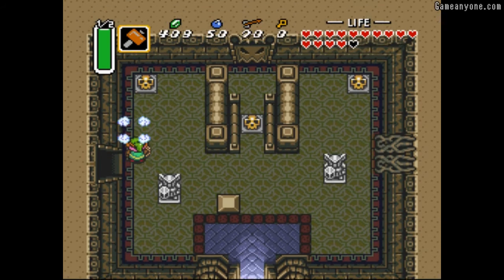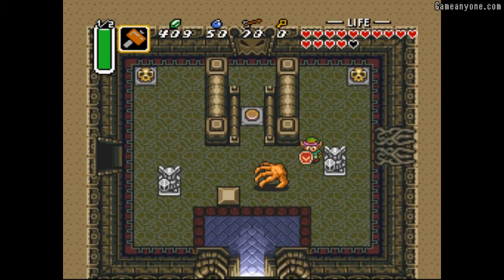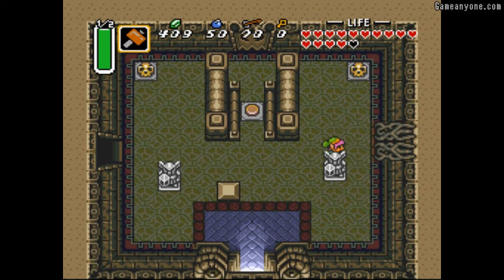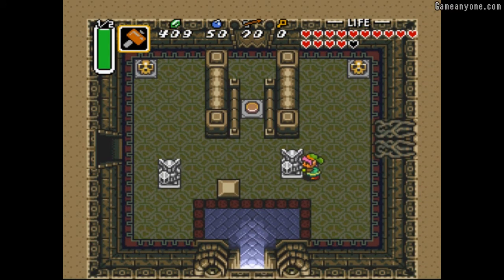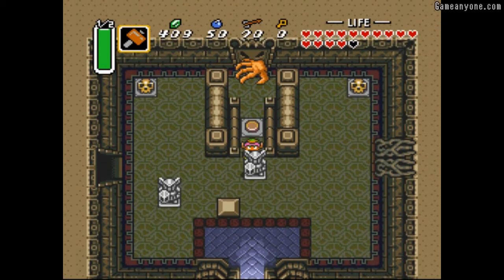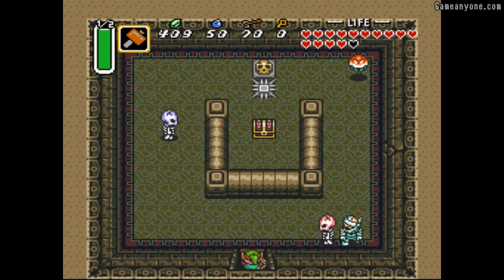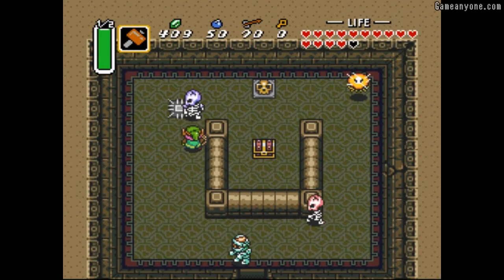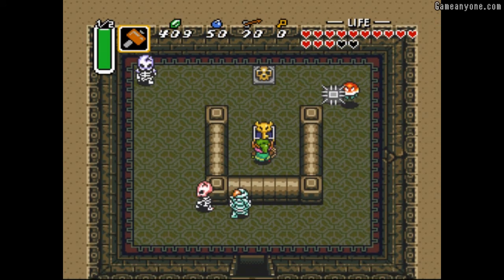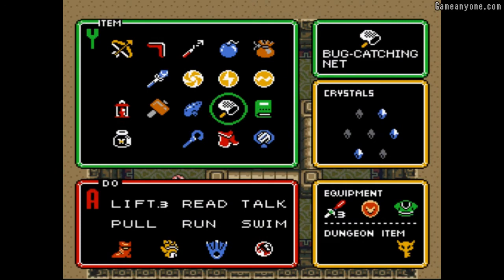And also be careful of another enemy, that guy, which is called the Hand Master or something like that, or the Floor Master, or something like that. It's a hand that falls from the sky and drags you back to the start of the dungeon, and that is rather annoying. Although we just entered the dungeon, so it's not too bad, but it also respawns some of the enemies, so that is kind of annoying, basically. So open this chest to get the big key,